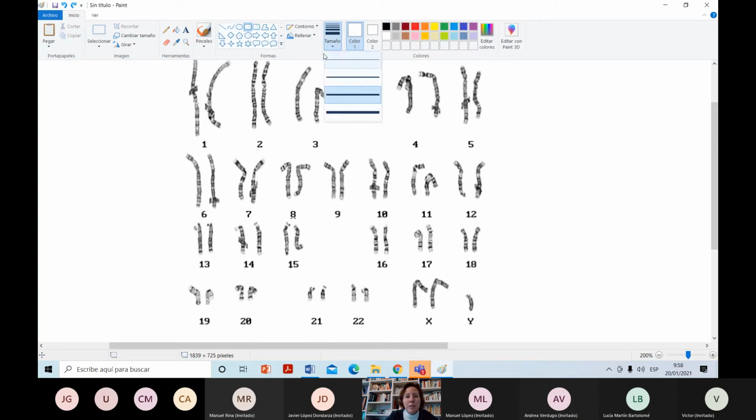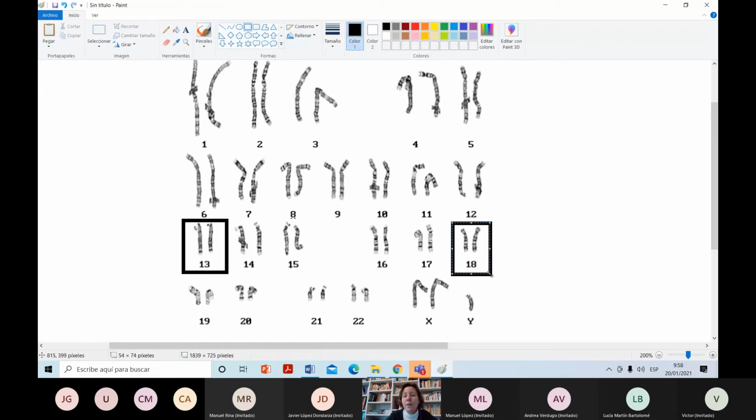Because we're going to see some cases in which the pair that contains 3 is going to be pair number 13. In other cases, it's going to be pair number 18. In other cases, it's going to be pair number 21. And the fourth possibility is this one, that is the number of sex chromosomes is not the one that we